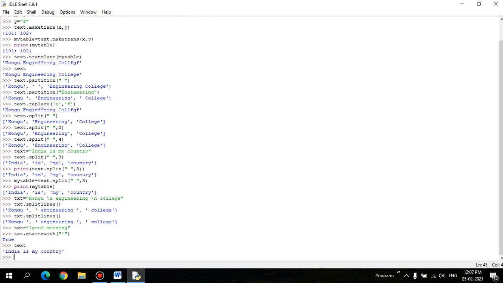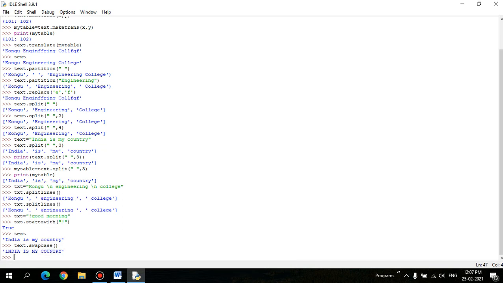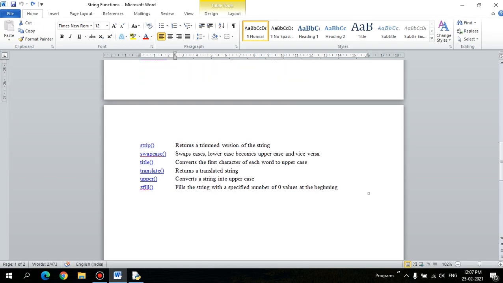Let's take text equal to India is my country, and text dot swapcase as the function. It doesn't accept any argument. So all the cases will be converted to the opposite, right. Capital case will be converted to small and small case will be converted to capital case, right. For the next one, title. So it will go with title case.